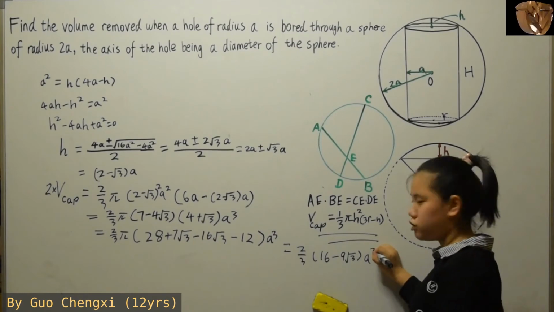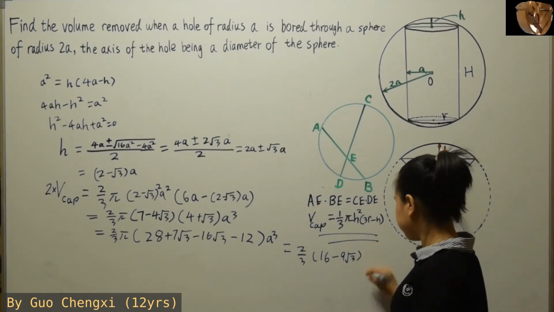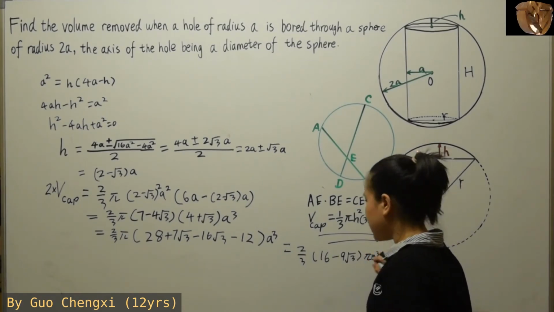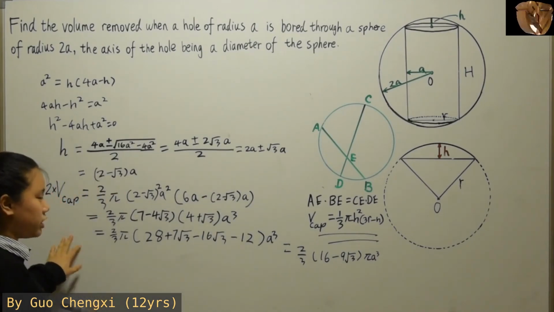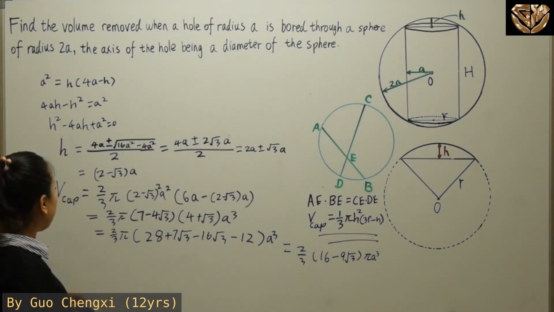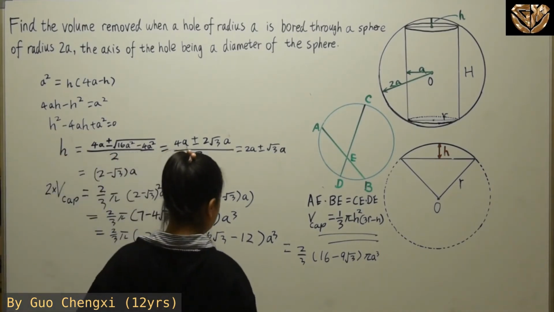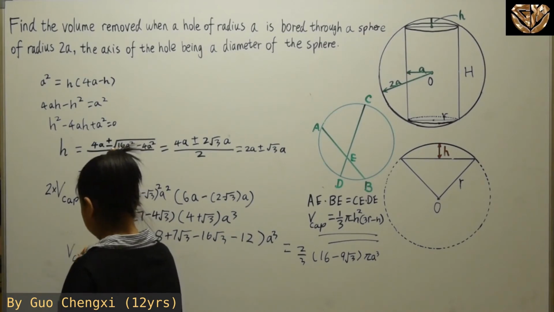A cube, okay? So over here, well, that'll be for the volume of the cap. While over here, now we can move to the volume of the cylinder. So the volume of the cylinder is basically,